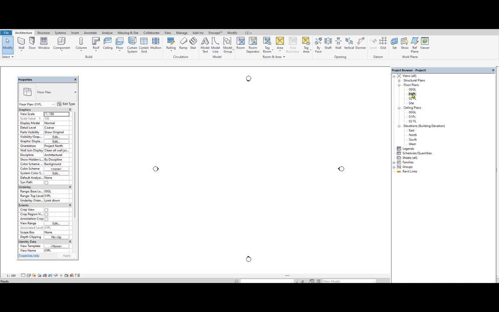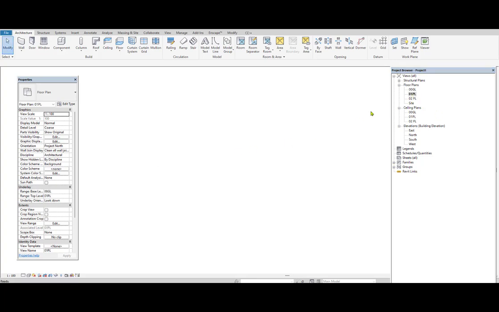Before starting any project, make sure you have these bubbles in each level. You go to the ground level and confirm the bubbles. Plinth level, confirm the bubbles. First floor, confirm the bubbles. If sometimes you don't find the bubbles, then just right click and make it zoom to fit, because maybe the camera is zoomed in like this. Just right click and say zoom to fit, then only you will get the bubbles in each level. So that is for ground level, plinth level and first floor.